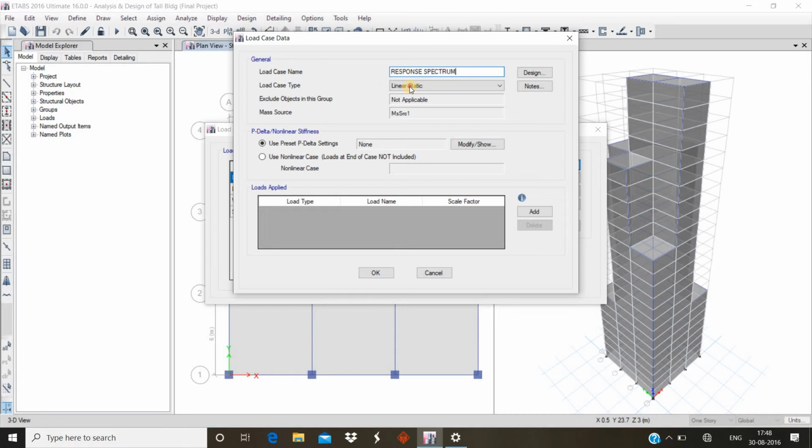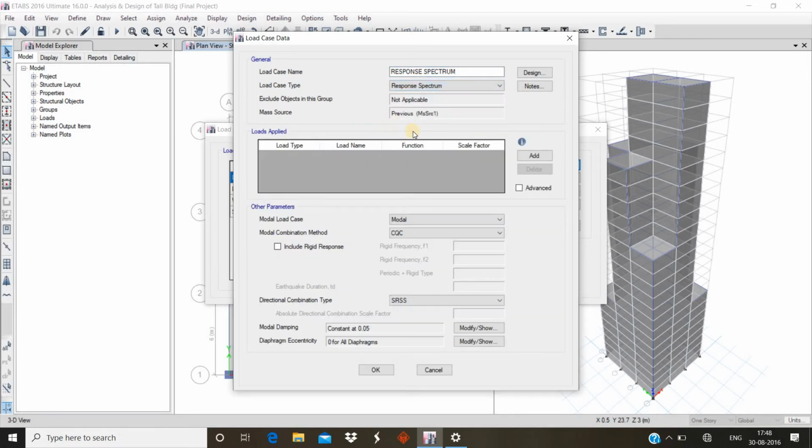The load case type is response spectrum, so select response spectrum. Then go to loads applied, then go to the add menu. This is the acceleration. Name it as U1. The function is response spectrum.